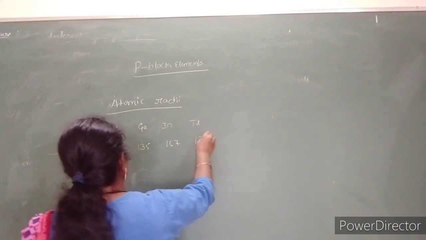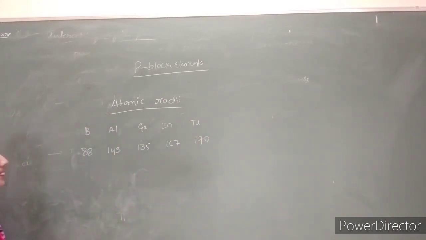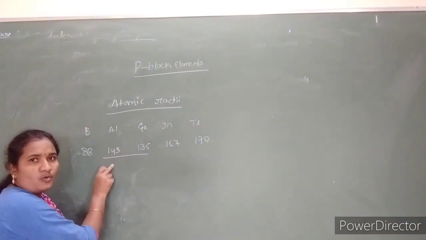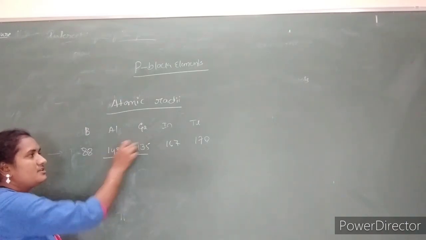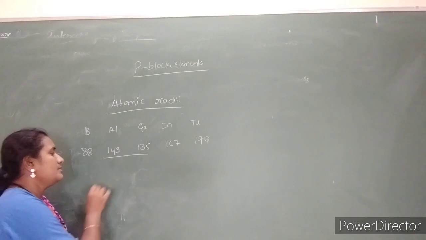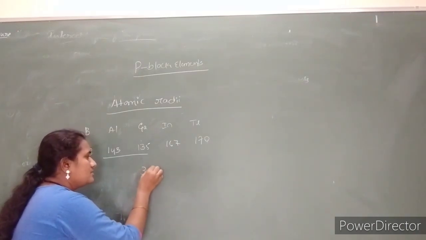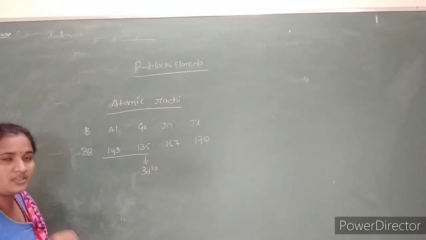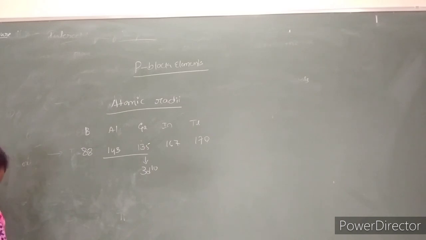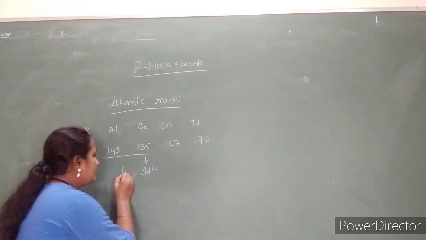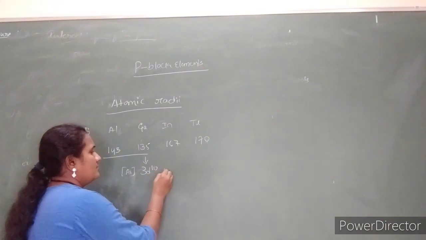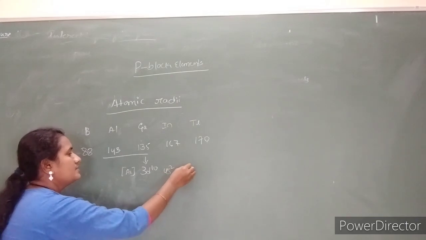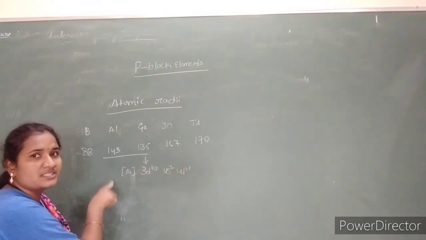about 170. If you see the difference between aluminium and gallium, aluminium has a larger atomic radius than gallium. It is because of the presence of 3d10 electrons in their electronic configuration. Gallium has a 3d10 electronic configuration. The gallium atomic number is 31, so it is argon 3d10 4s2 4p1.